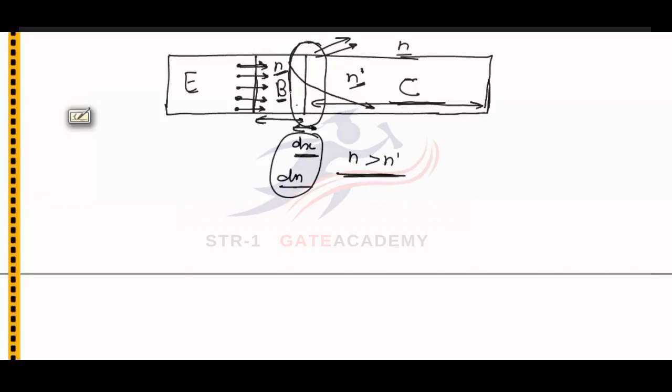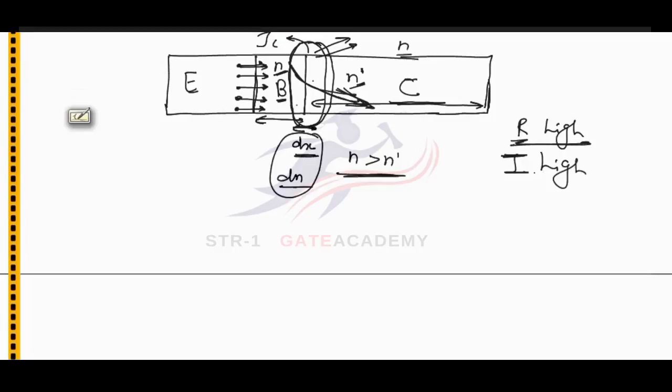As this PN junction, when operated, this junction or collector junction is always reverse biased, and for a reverse bias junction its resistance is very high, and also the number of charge carriers that are crossing the collector junction is very large, means at this junction collector current IC is also high. If this current is high and this resistance high, then at this junction the heat generating IC square into R will be very large,